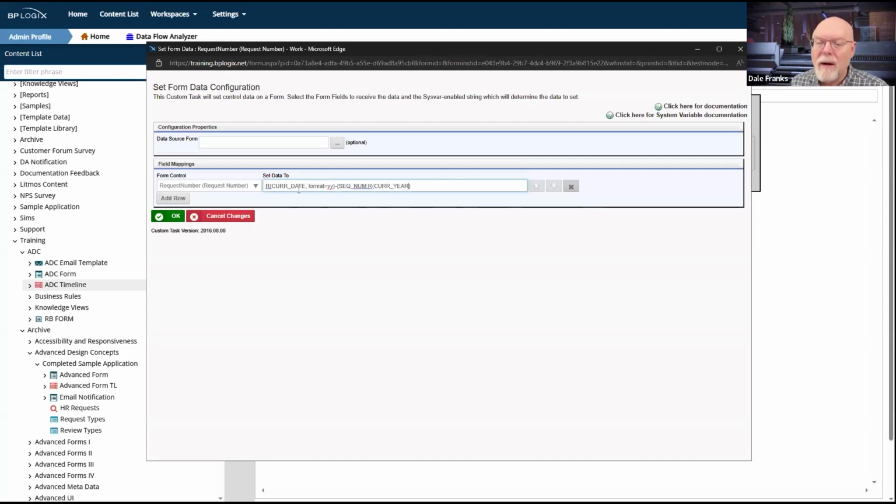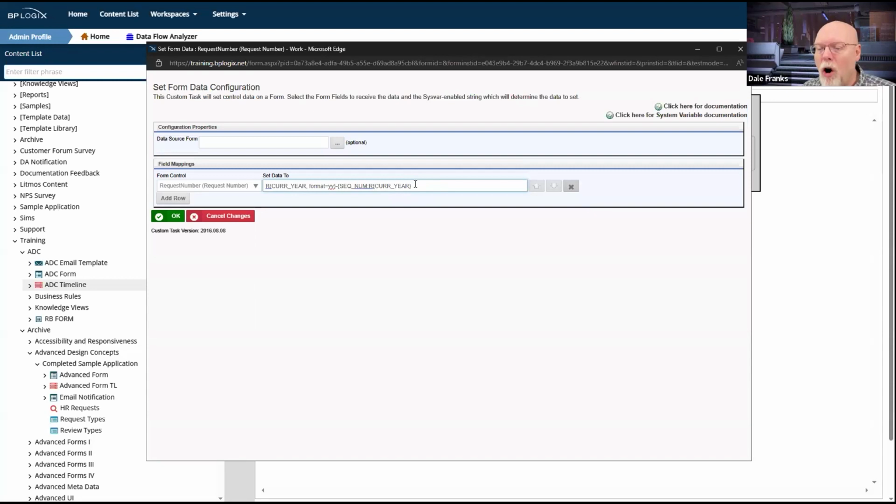By the way, I should have gone with R cur year here, not cur date. I think in the end it gives me the same value, but just to make it match. So this is going to be R24 dash, and the sequence number, I want it to be 4 digits, and I want it to be unique for every year. So every year the year turns over. So when we get to January 1st, the year will go from 2024 to 2025. I want my sequence number to reset.